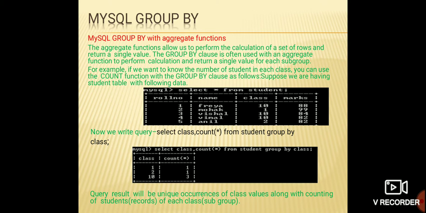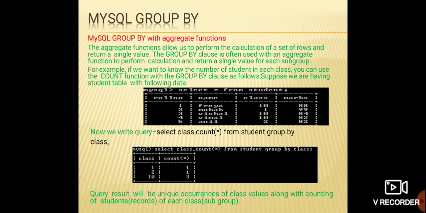So see, there is the student table written here, with roll number, name, class, marks, all written over here. So my query is what? I want to count how much data is entered in each class. Okay, this is my question. So I will write the query as select class. I want to show only the class, so I will select class and count.